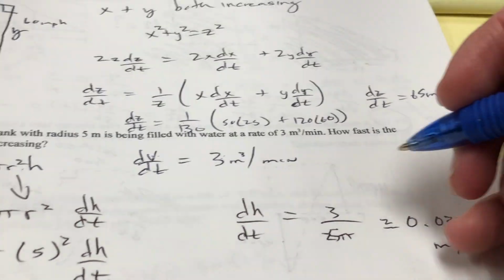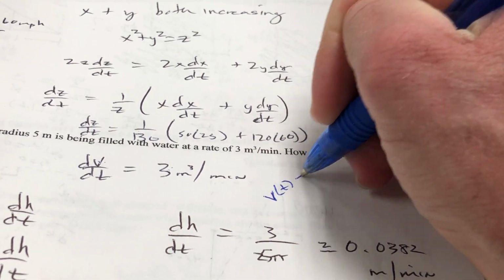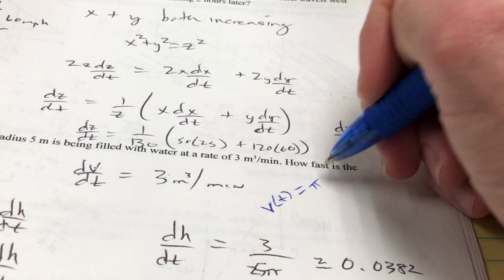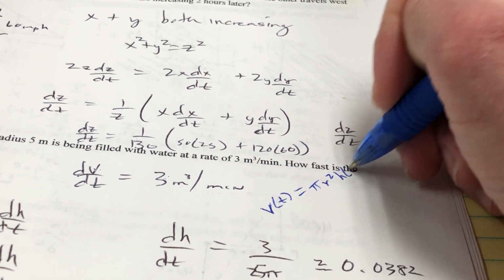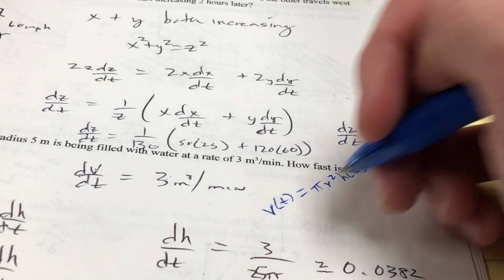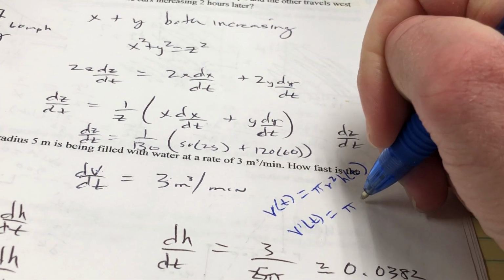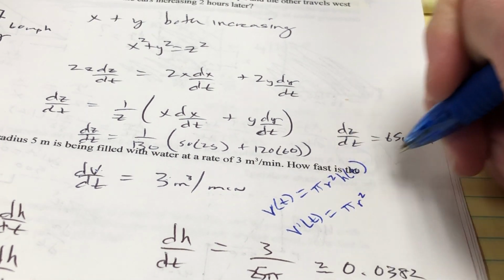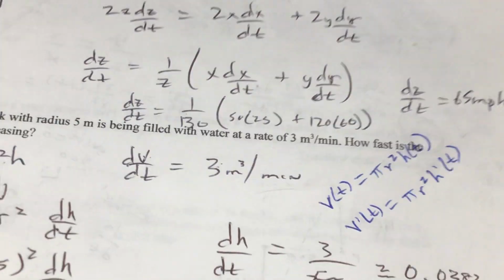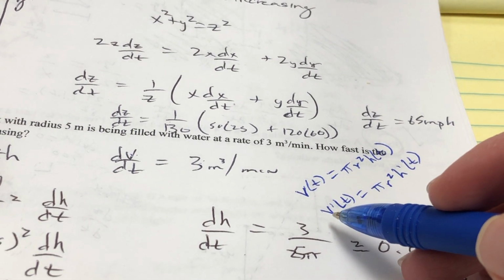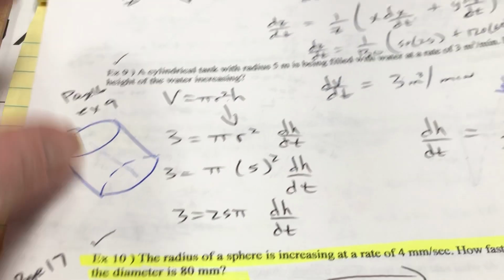So what is changing with respect to time? Not velocity, volume is changing with respect to time. Pi is pi, the radius is constant, and height is actually changing. So that's h of t. If I took the derivative, it'd be V prime of t is equal to pi r squared h prime of t. Another way to write that is dV/dt is equal to pi r squared dh/dt,